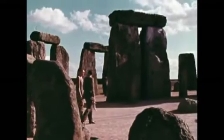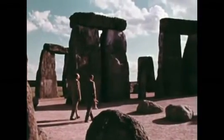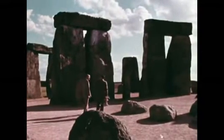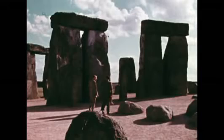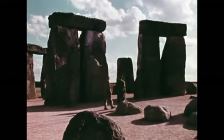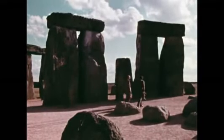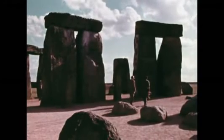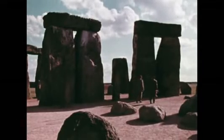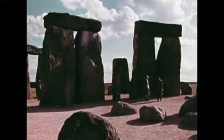Now, I'm sure there was an architect. This is one of the very few prehistoric monuments in Europe where you can be sure that somebody who was a real designer, a real architect in the modern sense of the word, had a hand in the job and wasn't just a builder. Well, do you think that he was a Briton or that he came here from somewhere else? I think it's far more probable that he came from outside, probably from the Mediterranean and perhaps from the